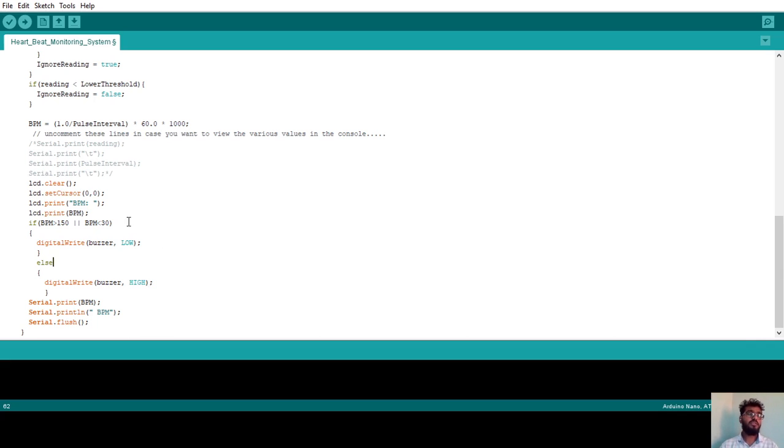So here, as you can see, I am checking the heartbeat values which we have taken and converted into BPM values. I am checking if the BPM value is greater than 150 or less than 30. If any one condition is true, I am turning on the buzzer. So digital write of buzzer comma low, as the buzzer is an output device. It will turn on the buzzer whenever the heartbeat is greater than 150